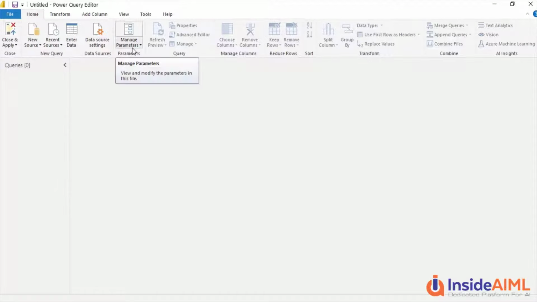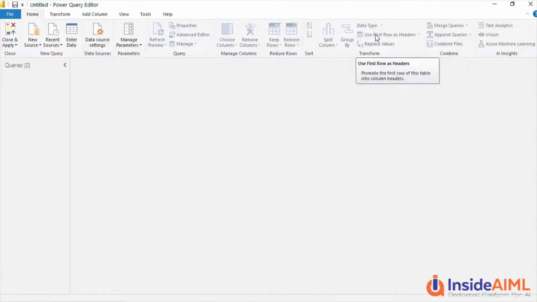Manage parameters is very specific to Power Query. Then we have properties, manage. Then these are the features we're going to use very quickly, like how many rows you want to tweak, you want to delete certain rows or you want to keep certain rows, you want to change the data type. Sometimes what happens, you load an Excel sheet and Power Query is unable to detect the data types correctly, so it detects everything as text, and in that case you might actually see column 1, column 2, column 3, not the first row as the header, but you can push the first row as header.